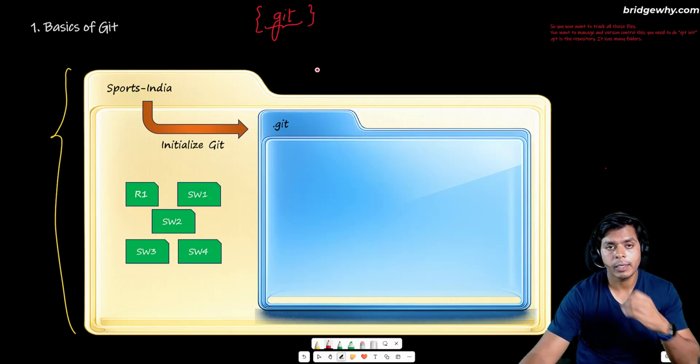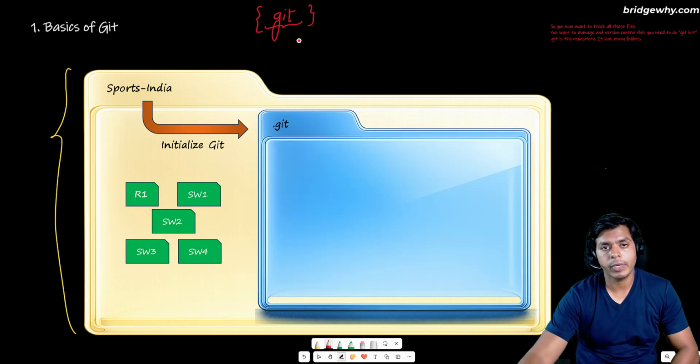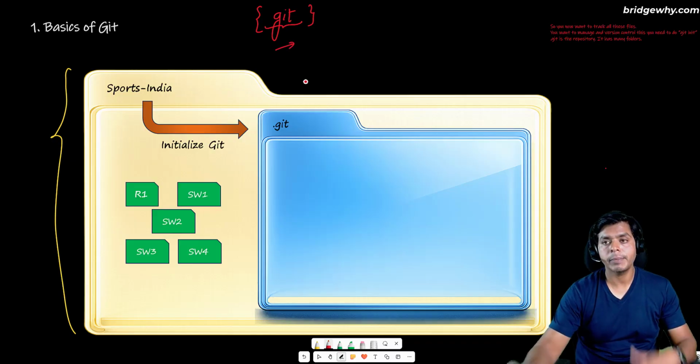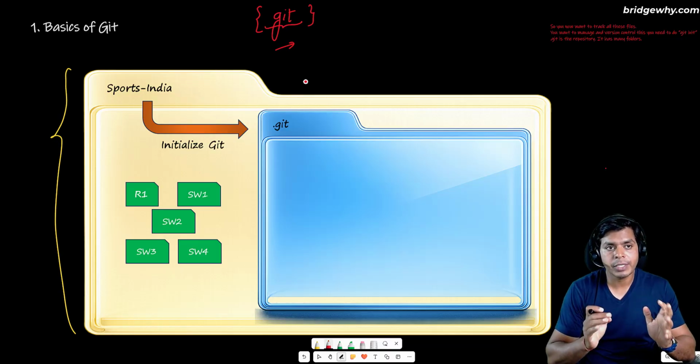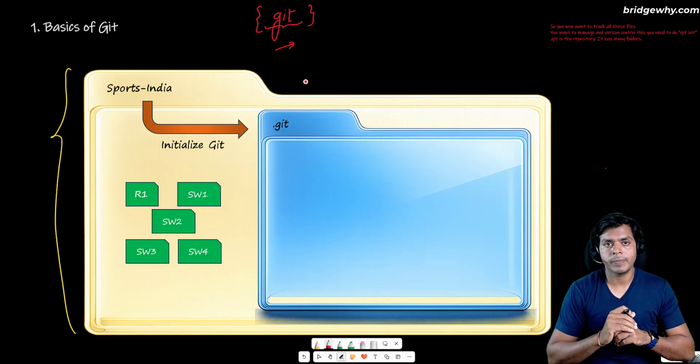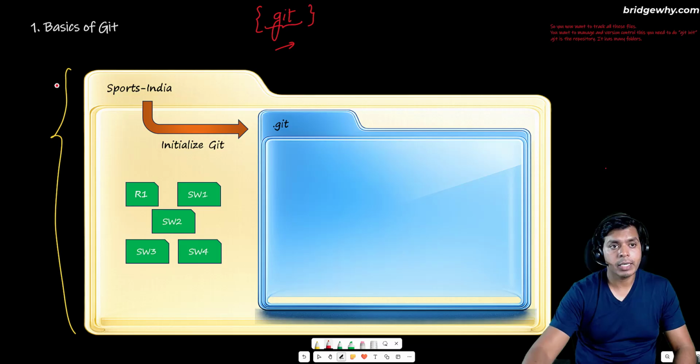So he has installed Git software in his laptop, and now he's asking for help from Git. He's saying, Mr. Git, can you version control my working directory? And Git is asking, what is your working directory? Rahul is saying, my working directory is Sports India. This is my working directory. So Git is saying, just open a command prompt, go inside Sports India, and you just need to write